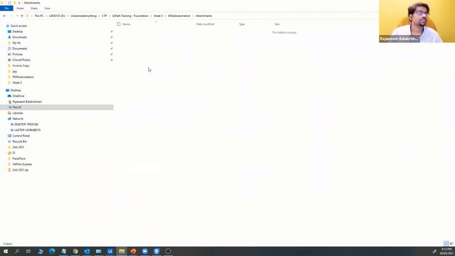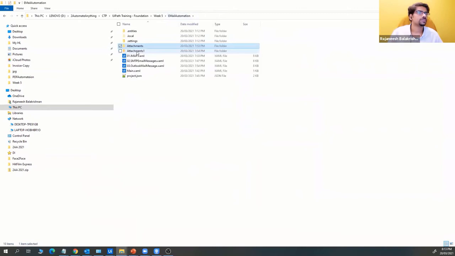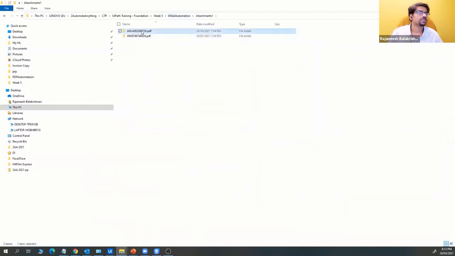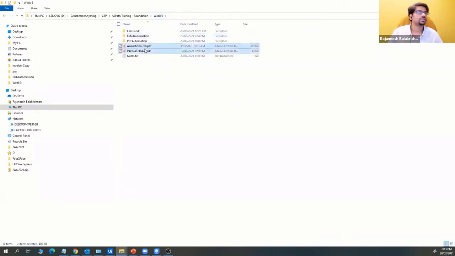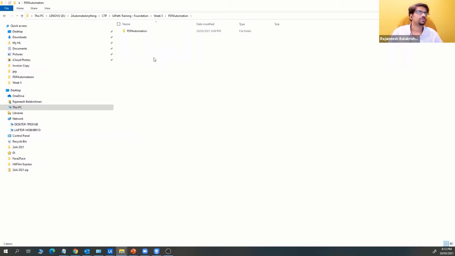So here we saw the attachments one. It's really poor. Yeah, we'll take this one and we'll put it inside the PDF. So this is just for a sample. I took this example, but you can grab your own PDF for doing the assessments.